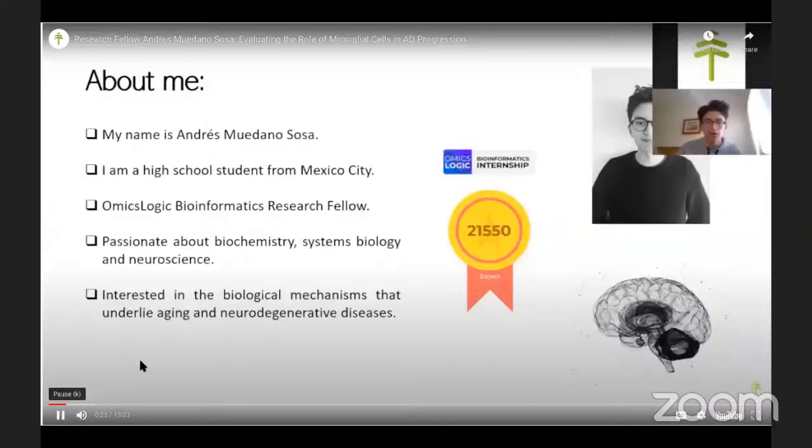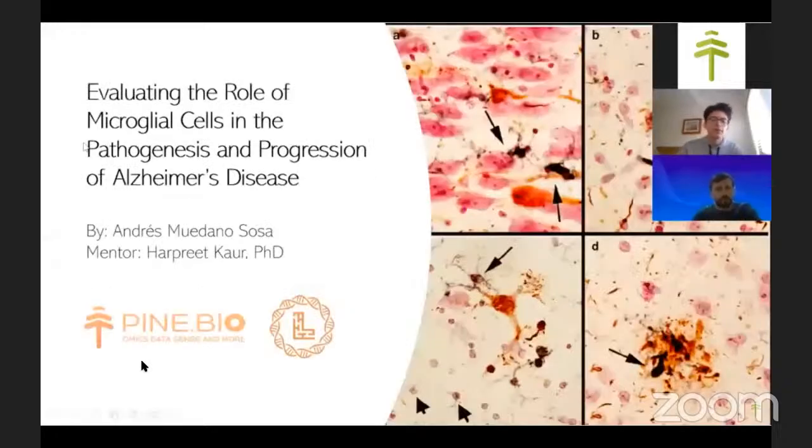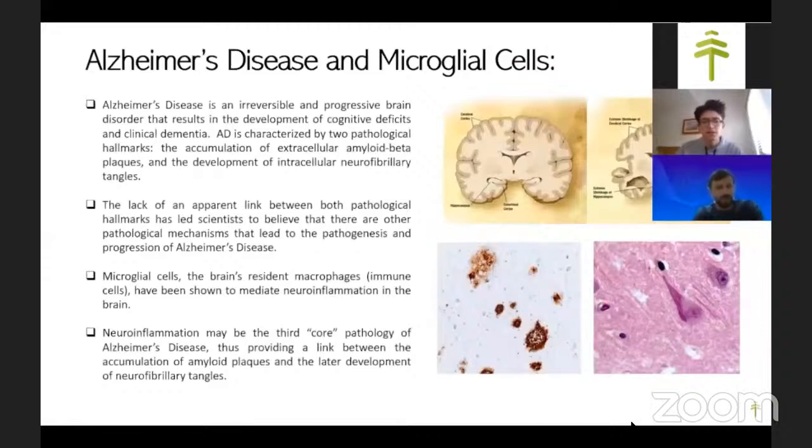I'll unmute myself. Genetic diseases, namely Alzheimer's disease. And my project is titled, at least for the moment, Evaluating the Role of Microbial Cells in the Pathogenesis and Progression of Alzheimer's Disease. And my mentor is Dr. Harpreet Kaur. So Alzheimer's disease is an irreversible and progressive brain disorder that results in the development of cognitive deficits